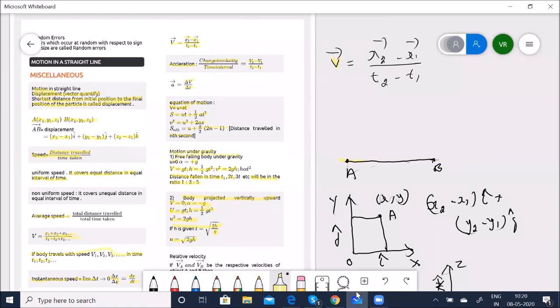So you can as well learn all these formulas by heart and then apply them. Every time you'll have to read the problem and quickly note what is being asked and what data is given. Read through the question once or twice, and then quickly understand what is being asked and what data is given. Accordingly, you can use the different formulas which are given here. Okay, so I will do relative velocity tomorrow along with motion in a plane. So today we'll stop here and quickly go to the problems.